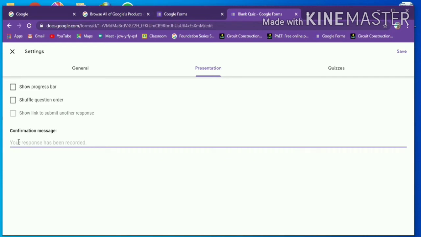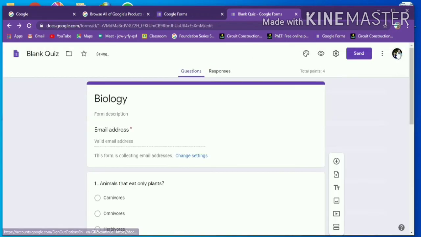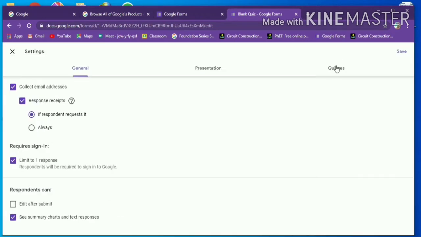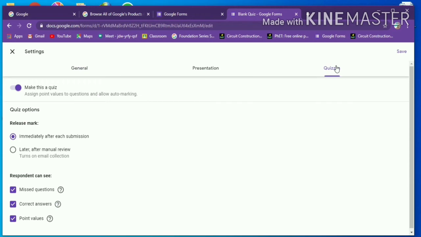Now I am typing exam completed. Then again click the save option. Then again click the settings and go to the quizzes tab.